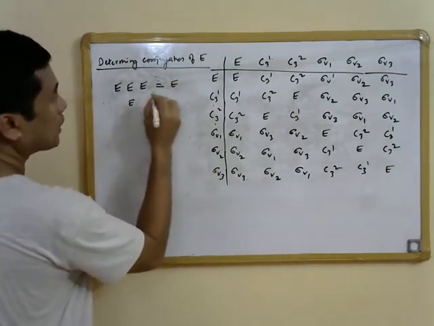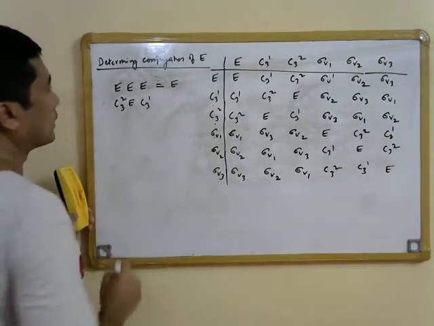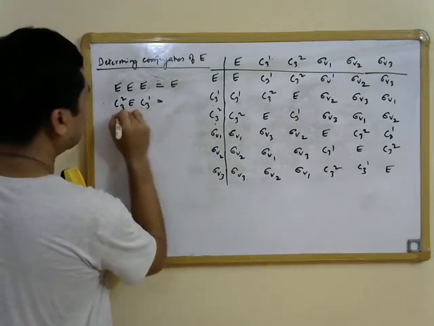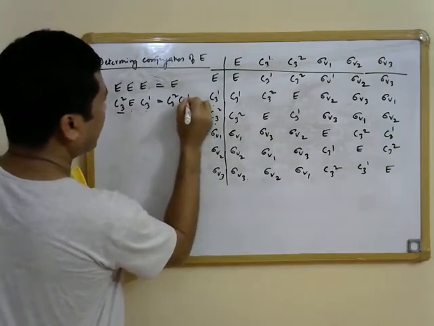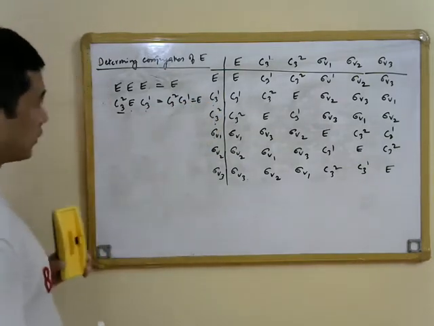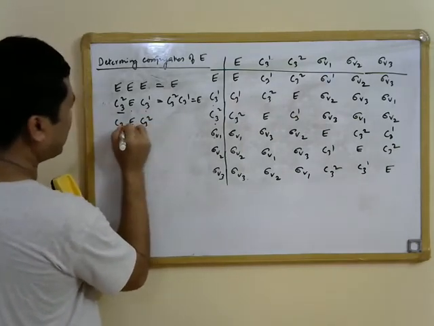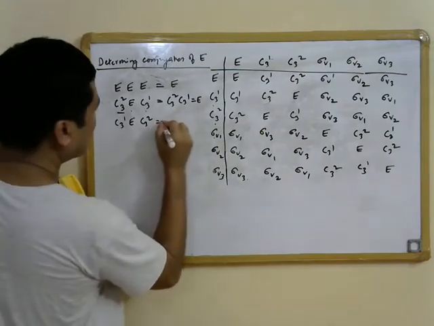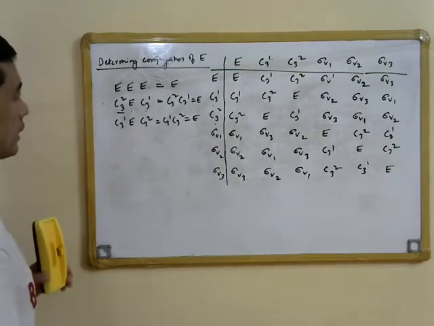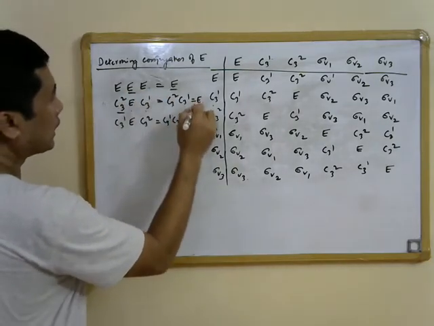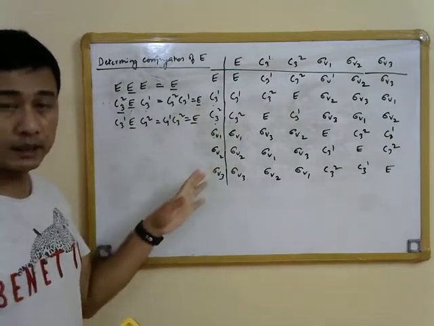The next symmetry operation is C31, and we know the inverse of C31 is C32. So this is going to be C32 times identity times C31, which is C32 C31, again identity. Then let us take the next element, which is C32. The inverse of C32 is C31. This is going to be C31 C32 C32... again, the answer is going to be equal to identity. These expressions essentially are telling us that the element identity is conjugate with itself.